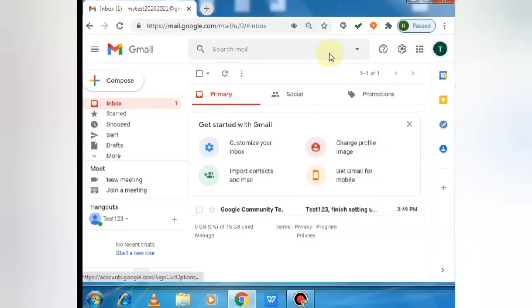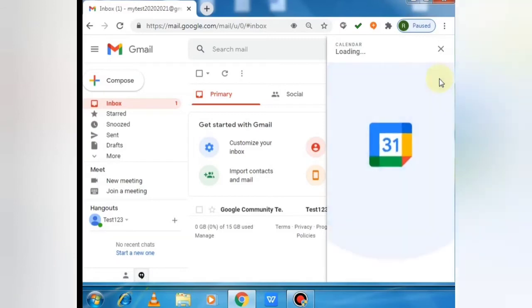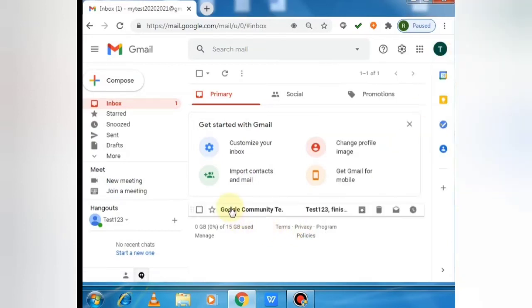Now there is an option for setting our calendar too, that is the calendar option. So this calendar organizes all our events. It tracks all the things, all the emails, activities which are happening in our Gmail account can be tracked using this Google Calendar. So I will show you it later in detail.